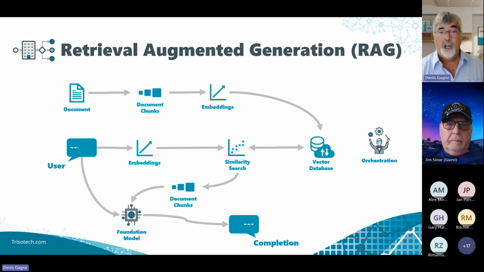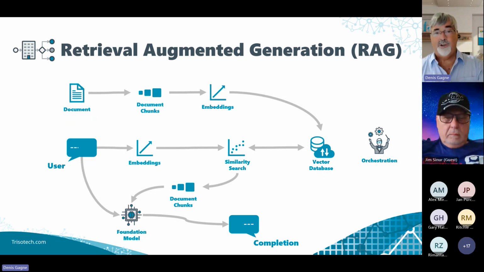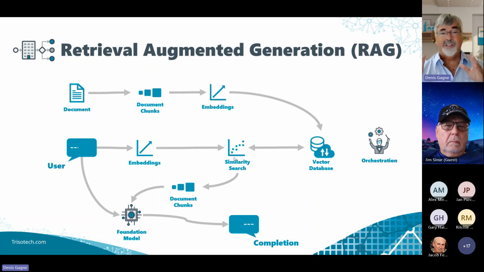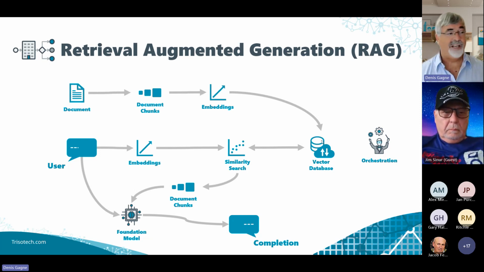We'll generate an embedding. An embedding is basically a vector in a very large vector space that represents or captures that chunk, and we'll store that in a vector database. And then when we get a question from the user, we'll turn that question itself into a vector, and then we'll go into this multi-vector space and do similarity computation. So we'll basically find the nearest neighbor, and then out of that retrieve from the vector database all the chunks that are the closest, and then pass those chunks to the foundation model along with the question, so we get the completion.